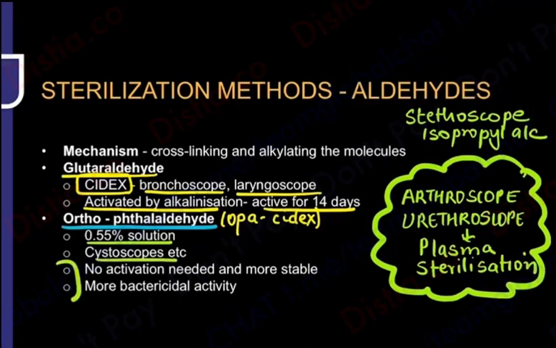But the advantage is that the alkalinization step is not needed. So its shelf life is not 14 days. It's going to stay on for a very long time. It's stable for longer, and it has better activity also. So OPA-Cidex is better than Cidex. However, most of our labs are using